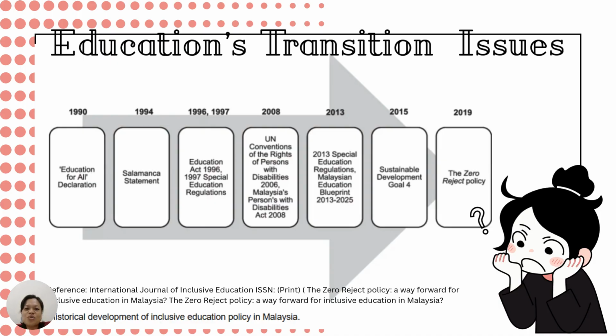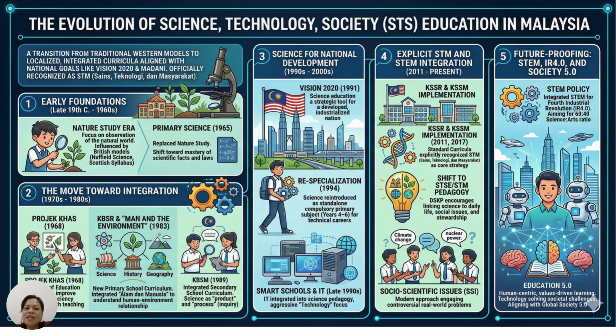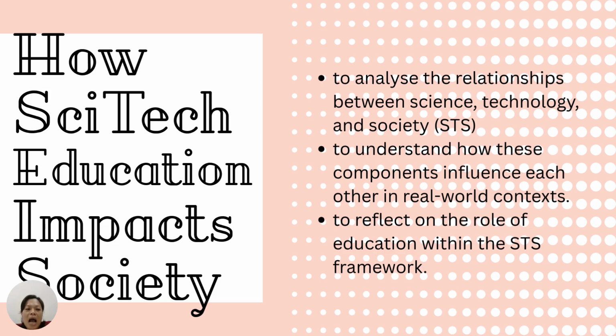So why is there a transition of education that needed to be introduced into our education in Malaysia? Actually, the evolution of science, technology and society in education is needed for the changes in improving or developing our country. So how science, technology, education impact our society, actually through the reading and the slides